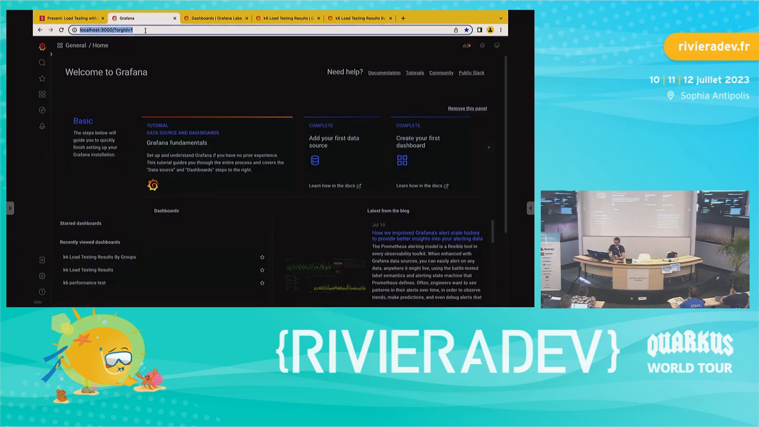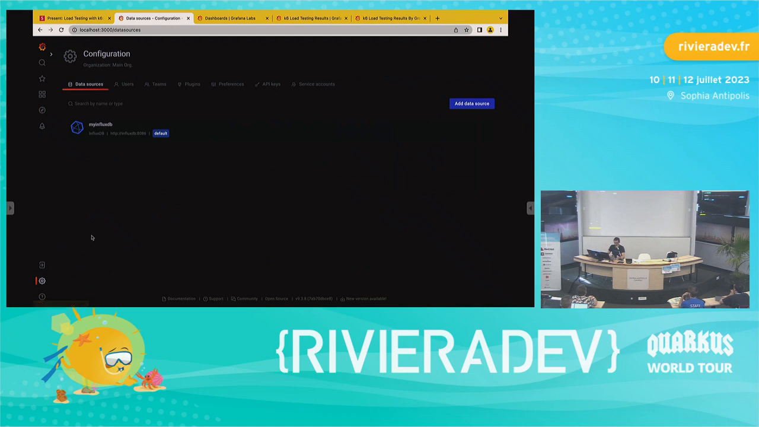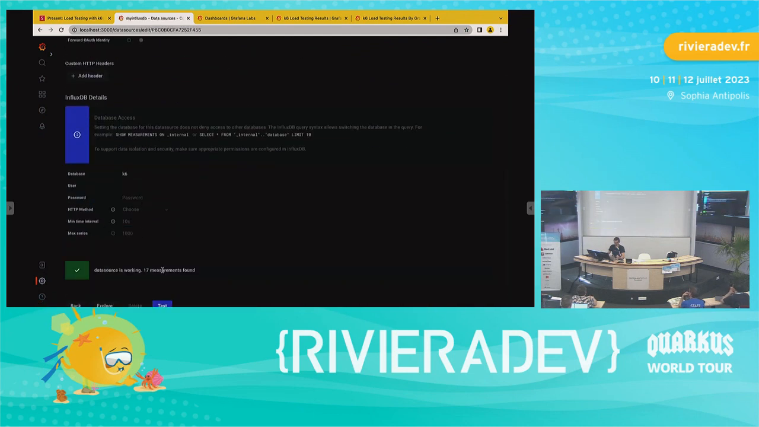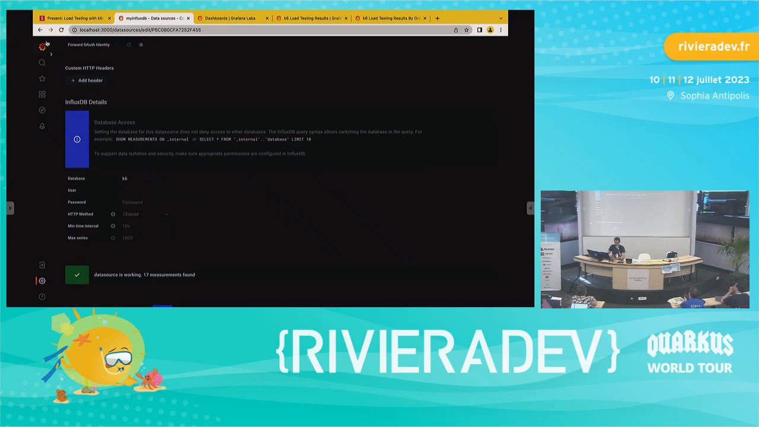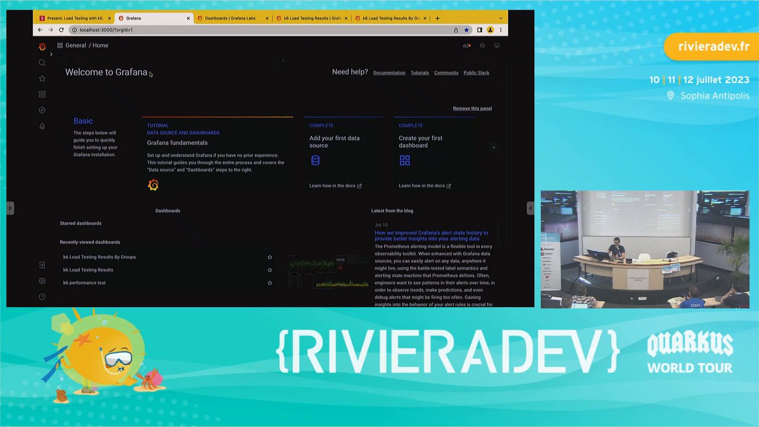So in this case, I have my Grafana up and running. I can check the data source. Yes, InfluxDB. I can test it. Everything is good. I haven't configured anything. Oops. Then I need to have some dashboards. So if I'm not an expert on Grafana, or if I don't have time to set up a lot of dashboards,